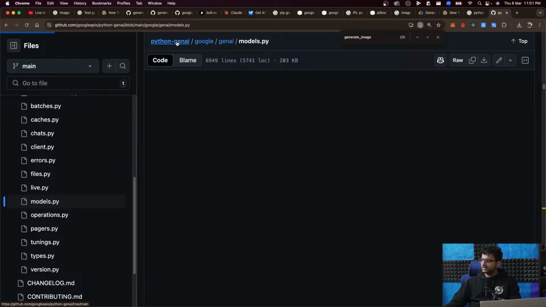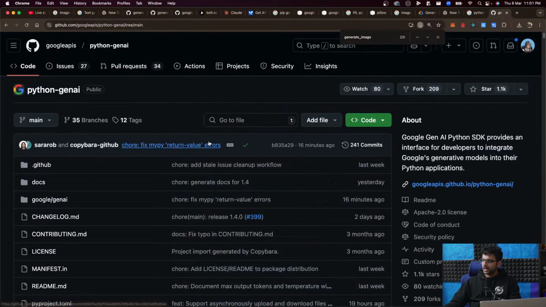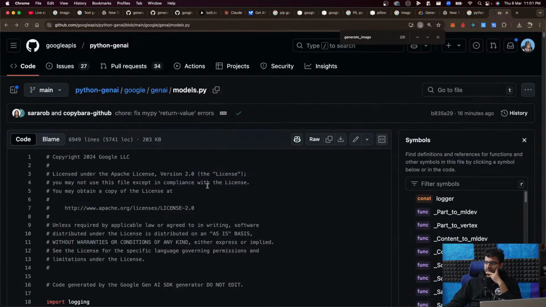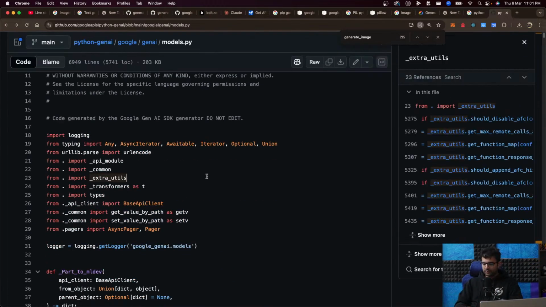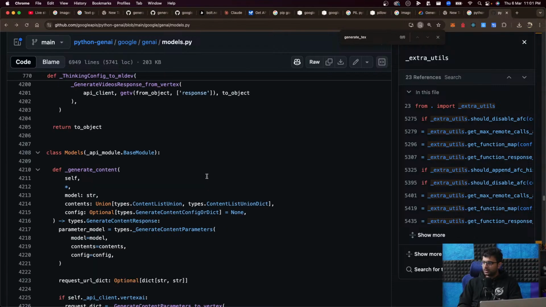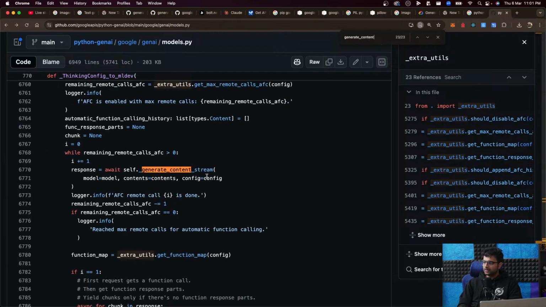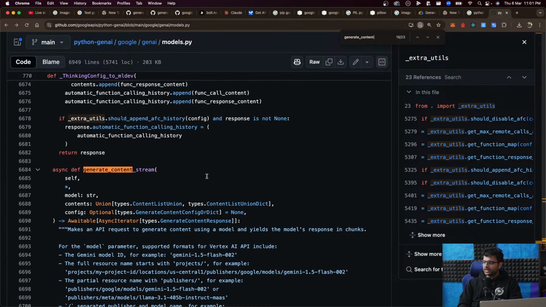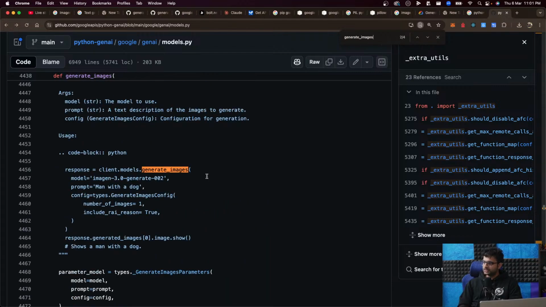So this Python Gen AI package seems like the more updated one. Okay. So either way, if you look at this one, does it have generate underscore content? It does have generate content stream, and generate images in the same file.